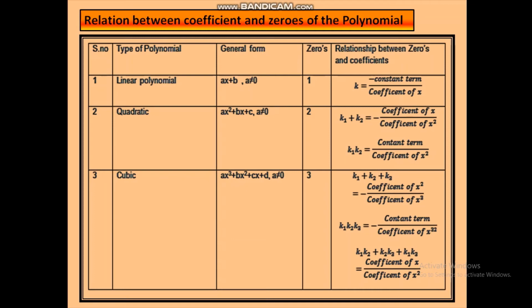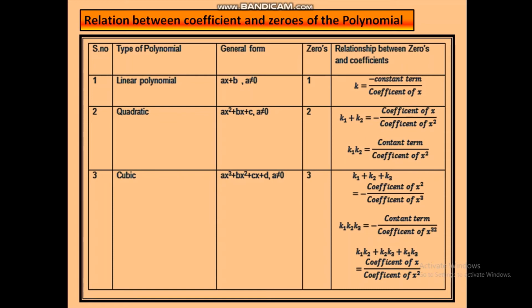If we talk about cubic polynomial, ax to the power 3 plus bx square plus cx plus d, where a is not equal to 0, it has three zeros as k1, k2 and k3. So here is the relation between zeros and coefficients. The sum of zeros is equal to minus coefficient of x square by coefficient of x to the power 3. The product of zeros is equal to minus constant term by coefficient of x to the power 3,